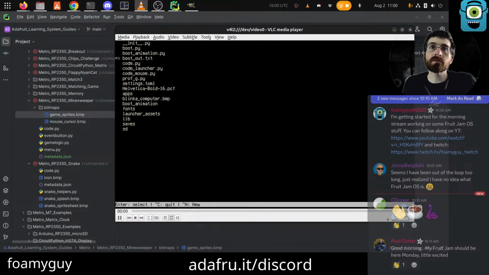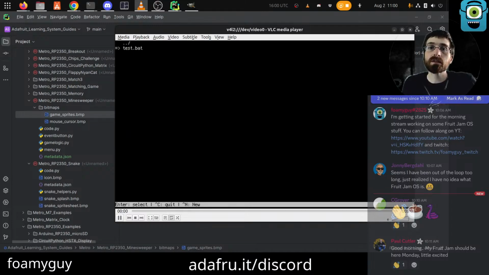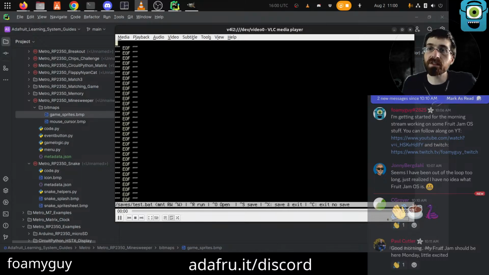I don't recall for sure if I ever tested saving files inside of saves. So the cool thing about saves is that you can do it without having to remount.